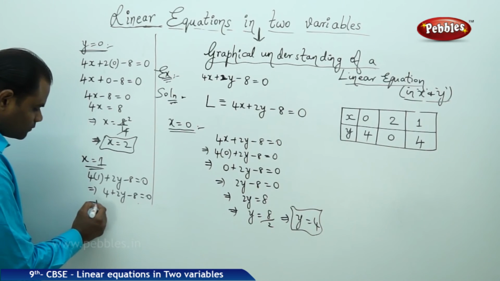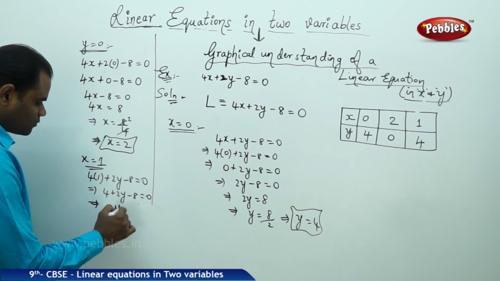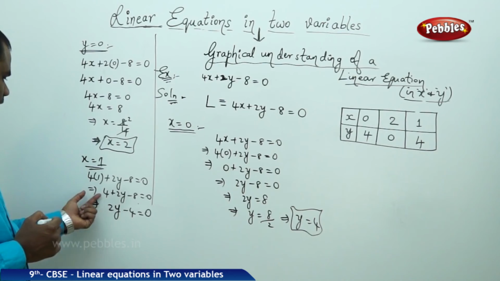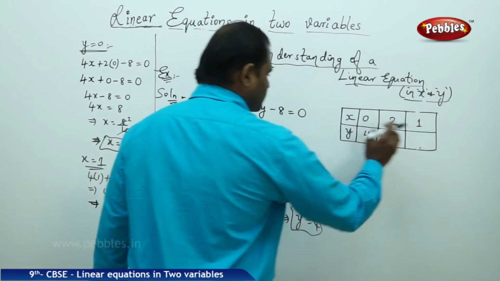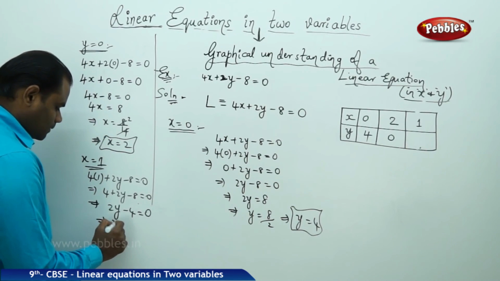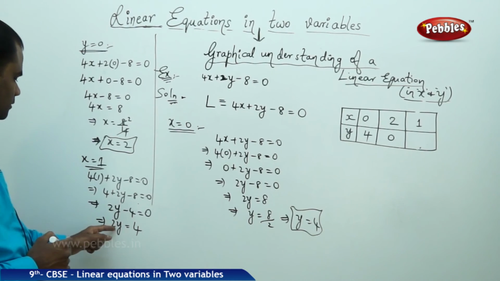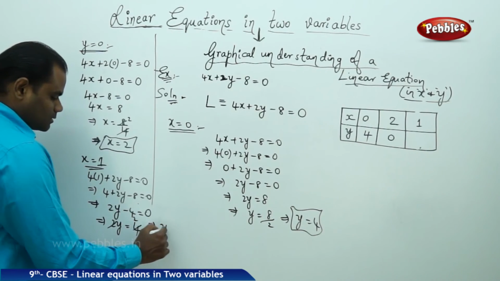Through this equation, when I simplify further, I get 2y plus 4 minus 8, which is minus 4, equals 0. Therefore, I finally find the value of y from this equation. So minus 4, when I bring it to the right, is plus 4. When 2y is equal to 4, I have 2 1s, 2 2s. That implies my y